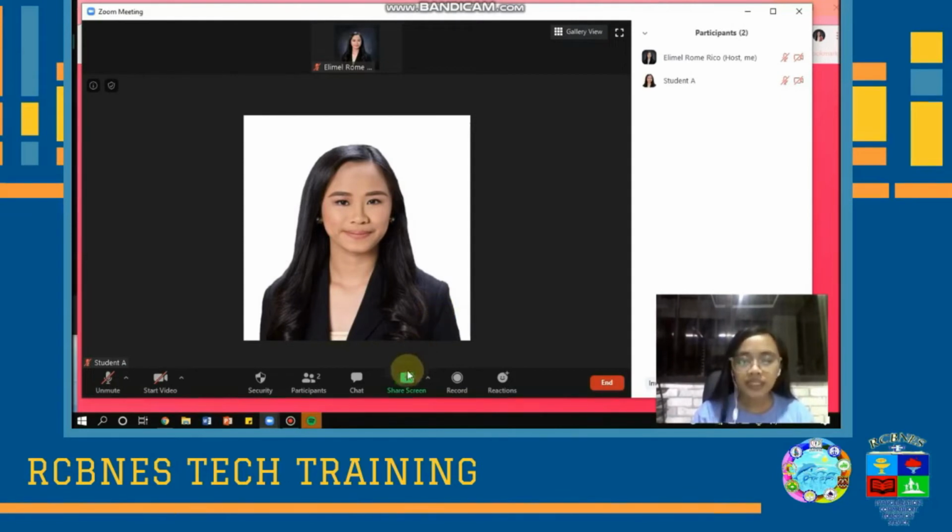So makikita natin dito sa green button for share screen, merong mas maliit na arrow for other options. So, as we can see, may check yung one participant can share at a time. Ibig sabihin, isang participant lang ang mag-share at a time. So, kapag ito naman yung may check, yung multiple participants can share simultaneously, either two or more participants can share